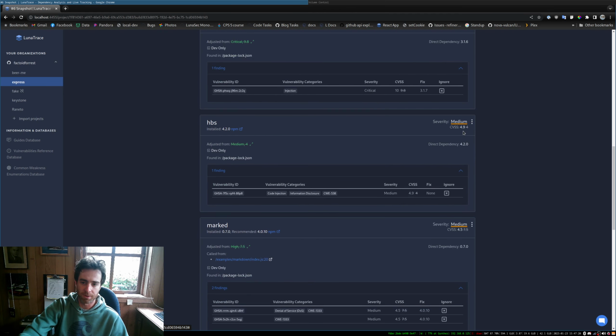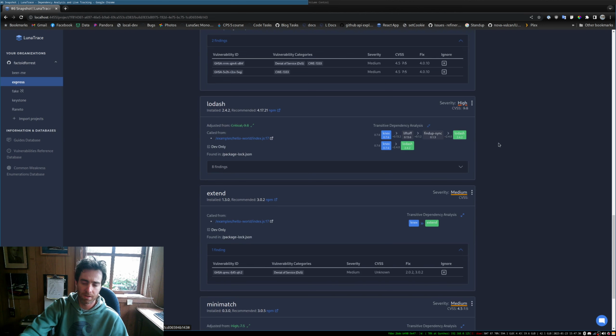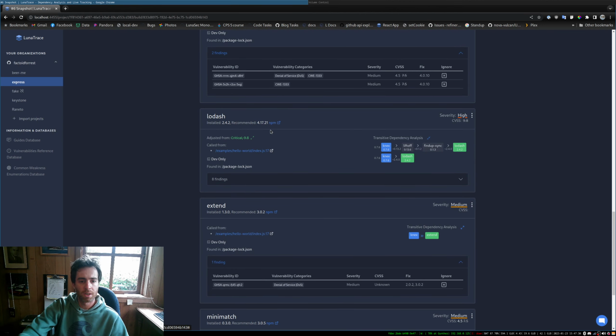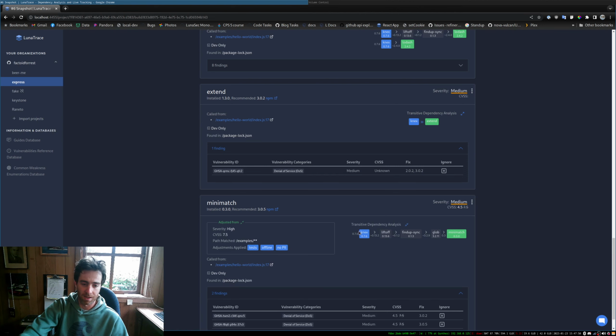Let's look for another one here. So we can see some of these have gone up. This is a direct dependency. Here's another one. Yeah, this is Lodash. Okay, so Lodash has gone from a high. Here's another one, Minimatch. This is a drastic one. This has gone all the way from 7.5 down to 4.5. Let's expand to see how it came in. Wow, look at that. 5 dependencies down, tracked it all the way back to the examples directory, and applied the